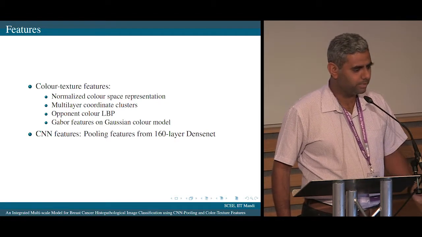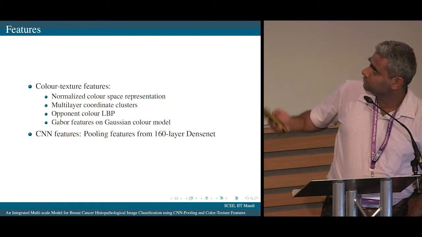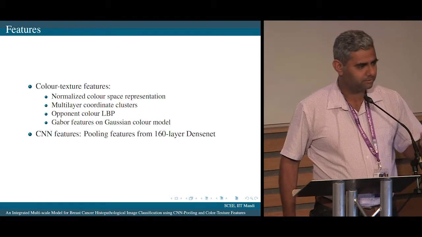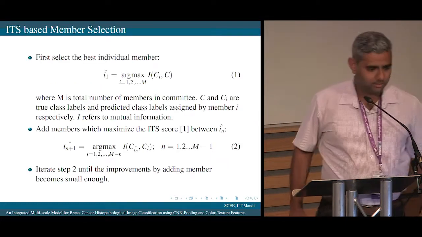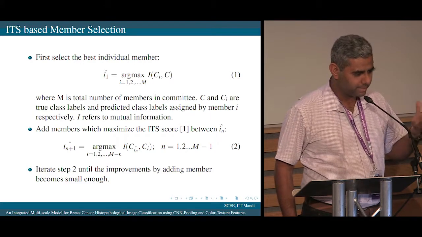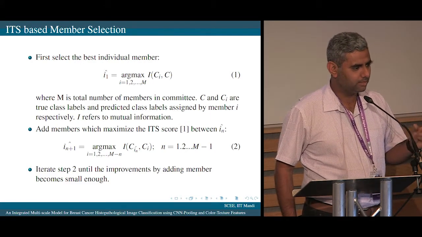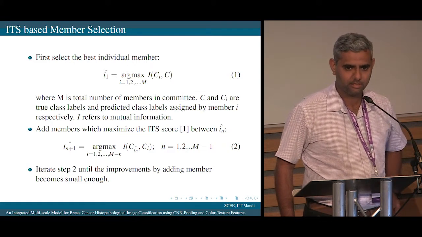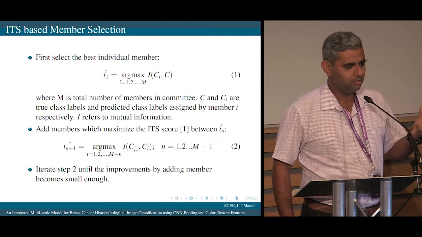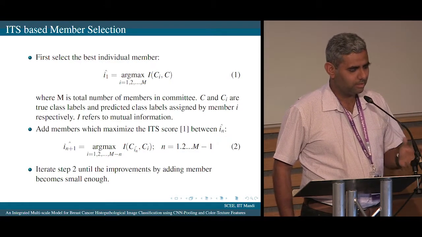These are 5 pooling layers from a 160 layer DenseNet. So we don't choose features from all layers. We only choose features from the pooling layers. Right. And this is a way to select features. So we have about 8 features from the color texture channels, and we have 5 pooling features. And then the idea is that, because we know that not all features could be equally important,